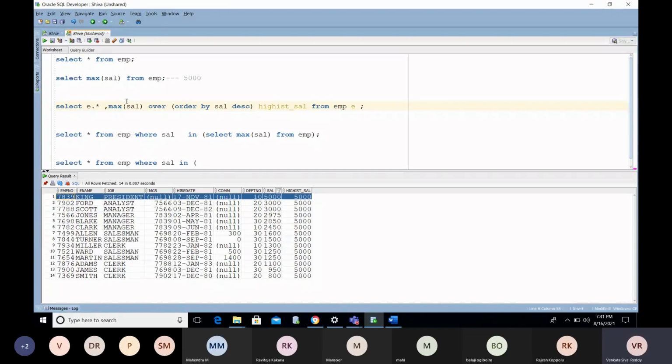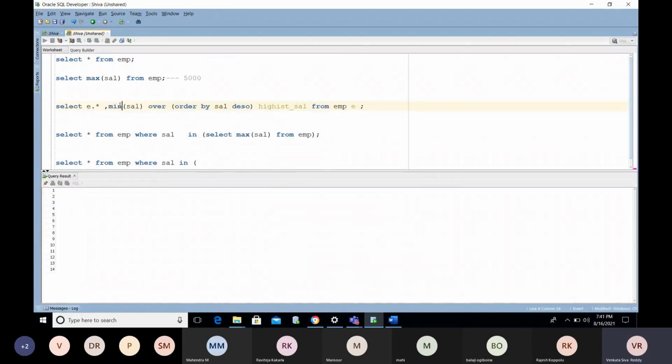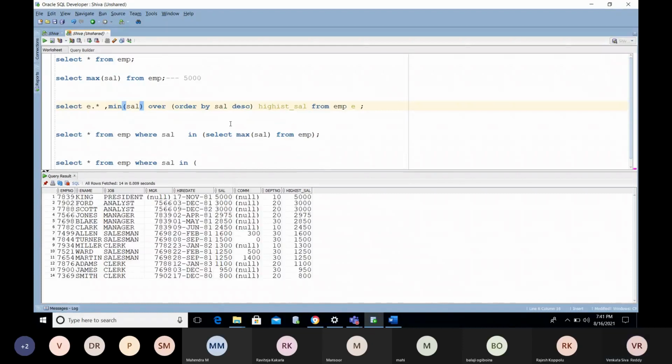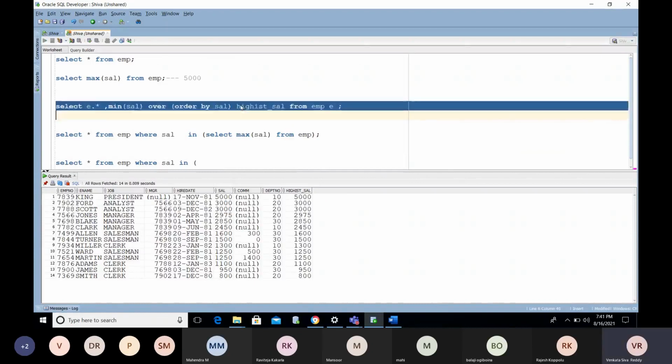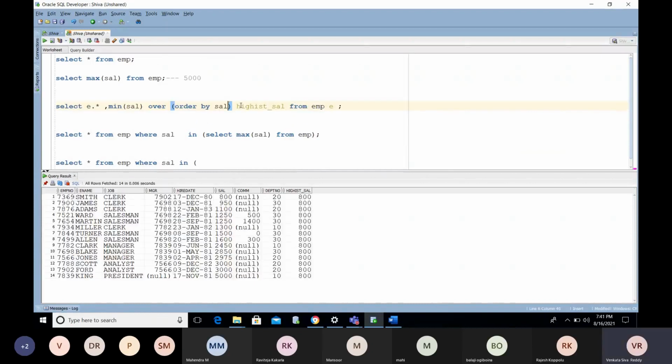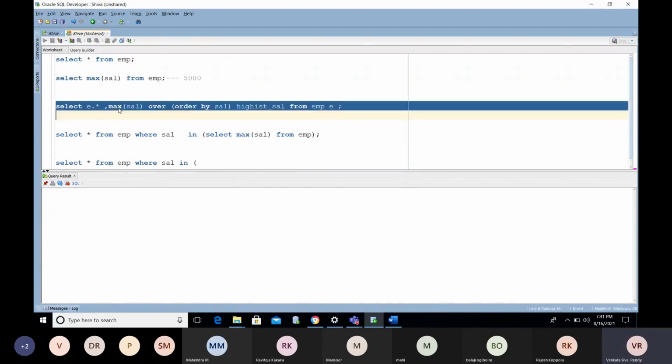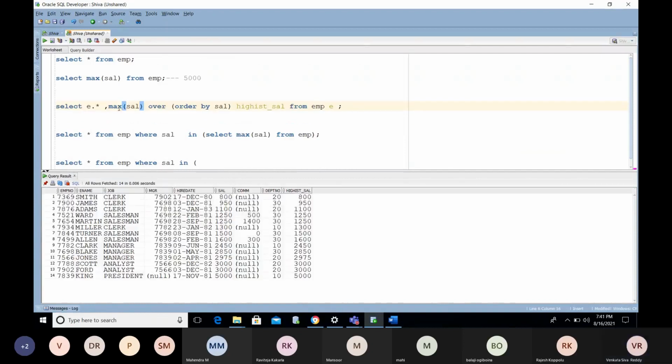If you want to find the minimum of the salary, simply use the minimum. What is it doing? You do not need to use any order by clause like descending or ascending. If you are using maximum, minimum, whatever it may be, you do not need to mention anything like starting values.